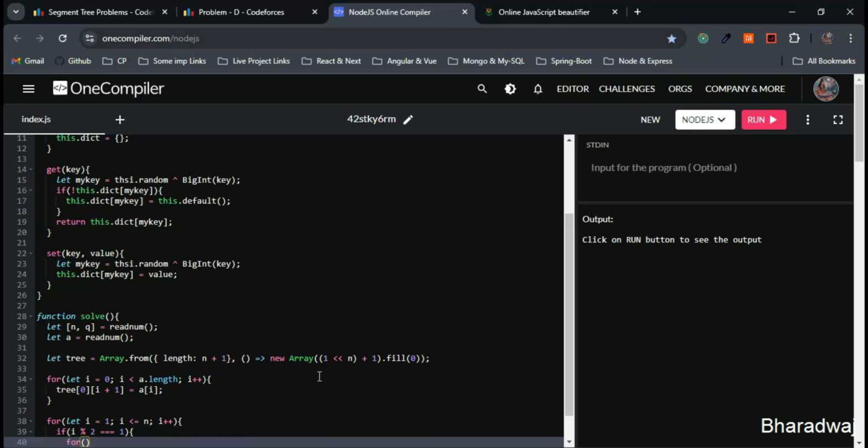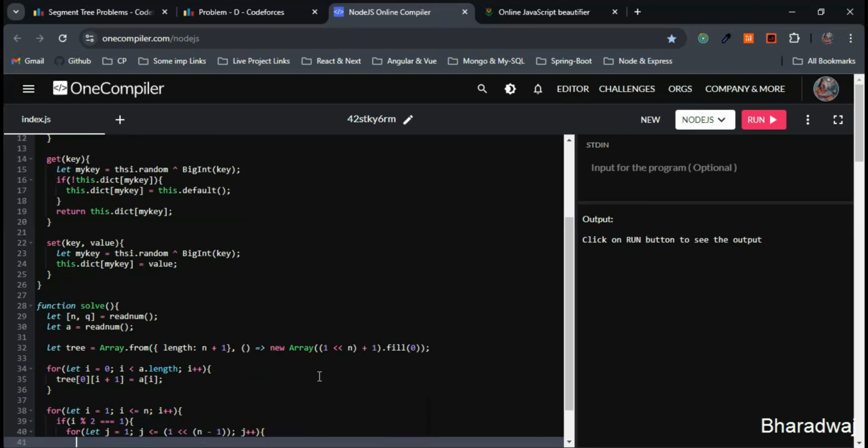Again, I'll go with the iteration. This will be j equals 1, j less than or equal to n minus 1. Also, we will be incrementing the j. This is fine. Then tree of i j will be tree of i minus 1,